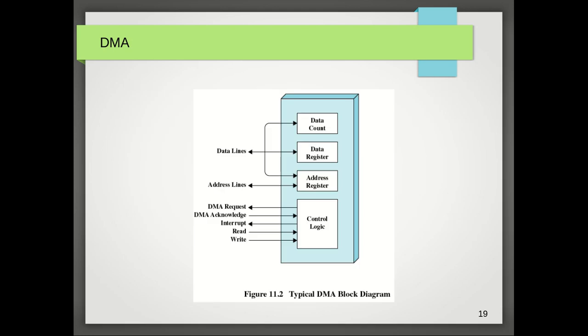Now let's see the working of DMA. When there is a request, the processor sends that request with information to this DMA. Whatever incoming lines we can see are coming from the processor. Read and write are coming from the processor. Then these two bidirectional lines, that is the address lines and data register. For each IO there is a separate data register, right? Which data register I need to access, that information is provided by the processor.